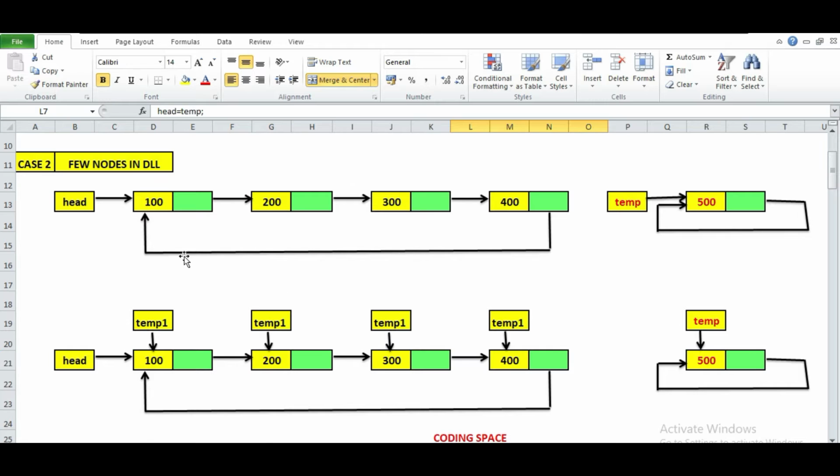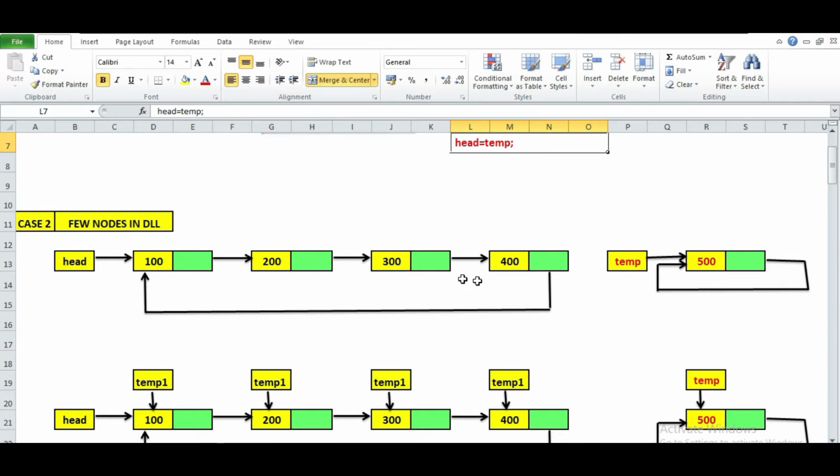In the second case, if you have to insert a node at the end of this CSLL, you have to bring a pointer from the first node to the last node, and then using that pointer you have to do some operations.